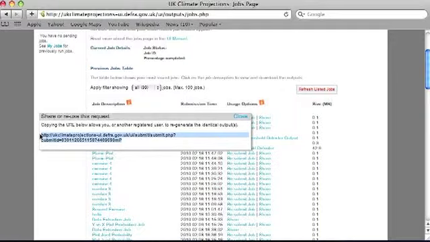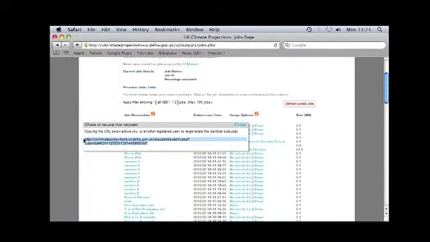you can either put that into your browser bar at the top and email it to a colleague, or save it in a Word document. If you email it to a colleague, they will then be able to cut and paste and put that into their own browser bar, and as long as they've registered with the user interface, they'll be able to see the output that you produced. And if you save it permanently, that is a complete record. No matter how long in the future you want to return to that job, you'll be able to go back there. So if we close that box down,